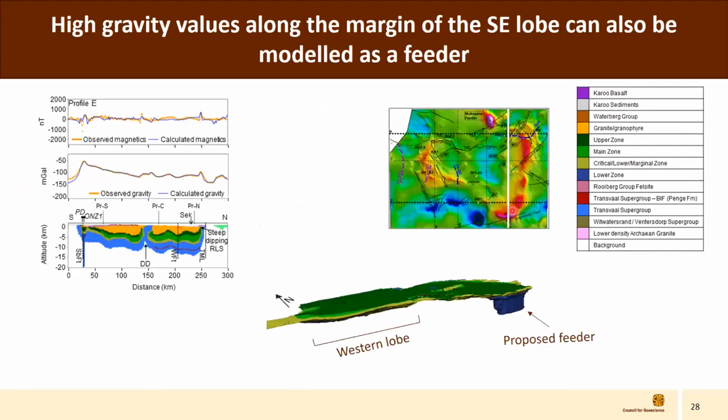But then if we go to the south, this anomaly here is quite big. Remember, this is under a kilometer or so of Karoo sediments. And I had to do the same here in order to fit the anomaly. I had to make a dense body that goes down quite deep. This might be a bit excessive, but the only way I could really model it is to make it